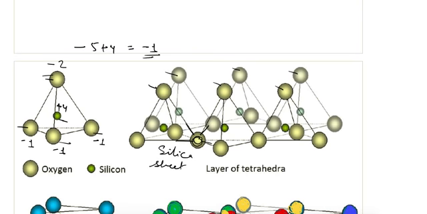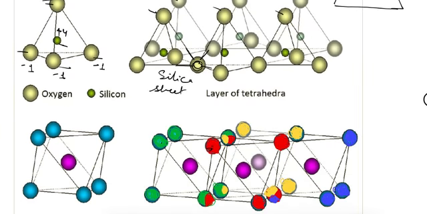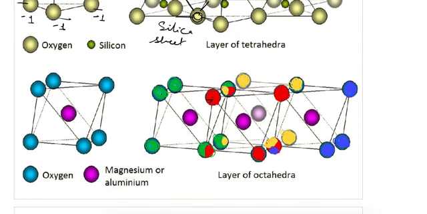The way these are connected, it forms a hexagonal shape in between these units. If it is connected like this, here will be the oxygen atom, so the tetrahedron will be formed in between these tetrahedral units. The symbolic representation for the tetrahedral unit is a trapezoid, and the next is the octahedral unit.